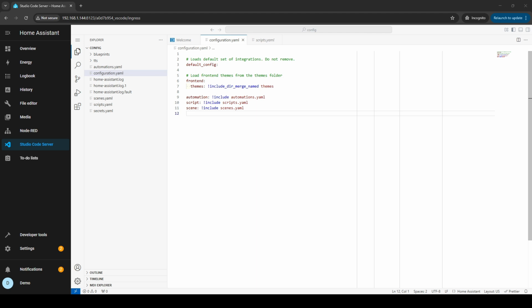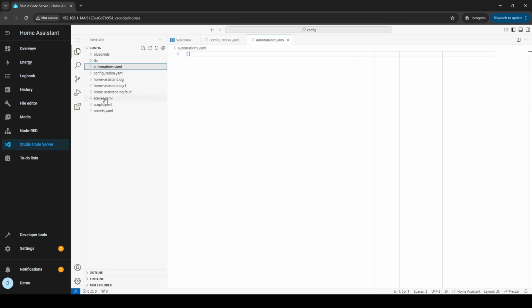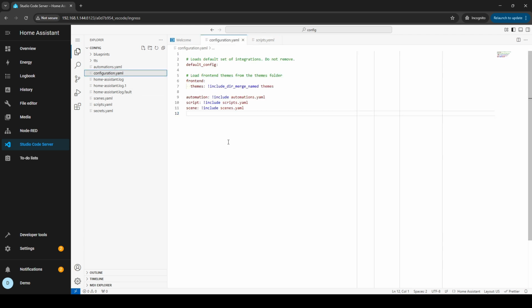This is the stock configuration.yaml file from a freshly installed Home Assistant build. You'll notice already that some of the entities have already been split out and separated, for example, automations, scenes, and scripts. I'm going to intentionally make this a mess by adding various entities and multiple of them within the configuration.yaml file,